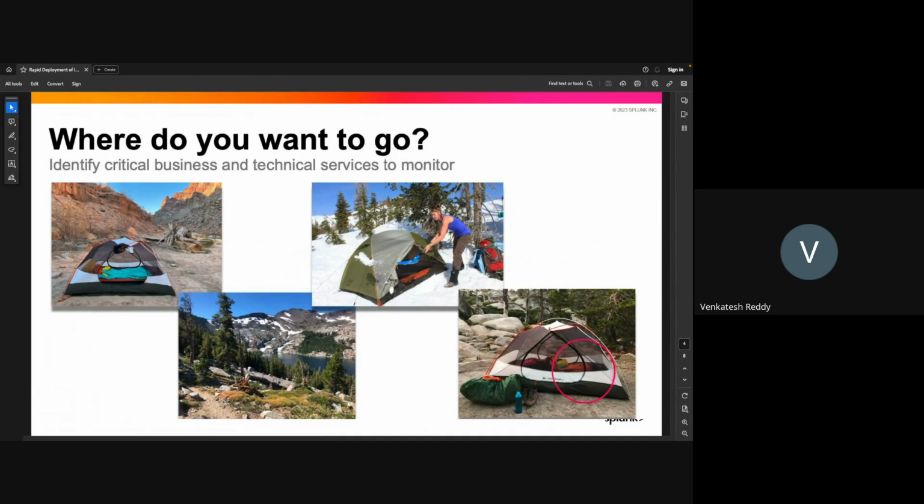First we need to decide where we want to go, set up a few destinations, and set up some camps. Choosing our destinations thoughtfully will ensure that we can complete this trip in a reasonable amount of time and make sure we get to see some cool spots, right? Similarly, in ITSI, we identify the data sources, KPIs, and service dependencies needed to monitor the selected services. I found that in backpacking and implementing ITSI, everyone tends to overpack and think that they need more and more services or more and more backpacking stuff